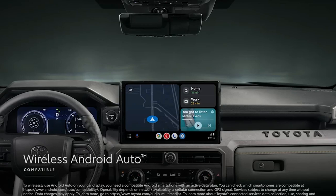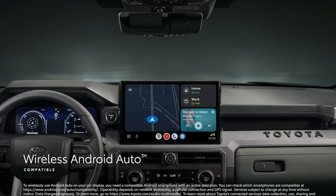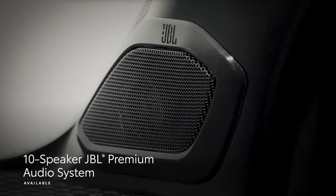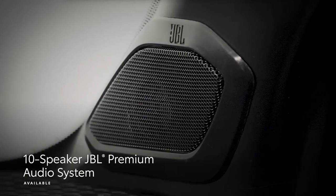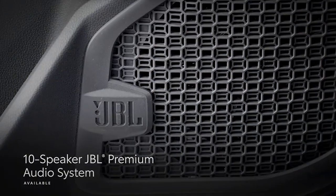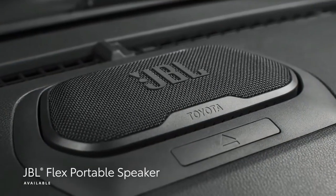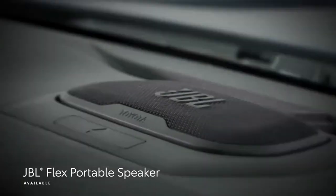So you've got to have a certain version of iPhone, a newer version, to be able to use the wireless Android. You can't use an iPhone 10 and use it. Including YouTube Music, Google Maps, and Google Assistant. Plus, the available 10-speaker JBL premium audio system with subwoofer and amplifier ensures adventure playlists are played with stunning clarity. Tacoma also has an available JBL Flex portable speaker, allowing...